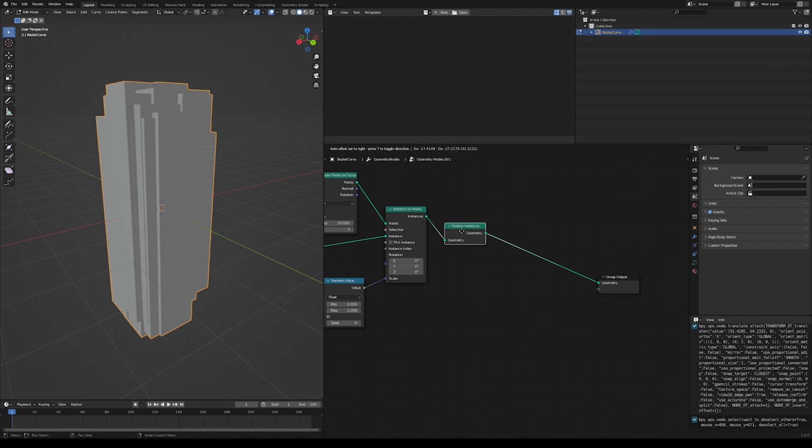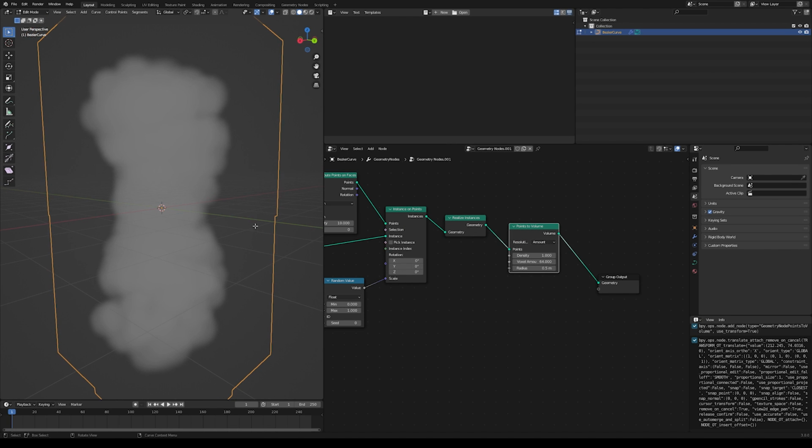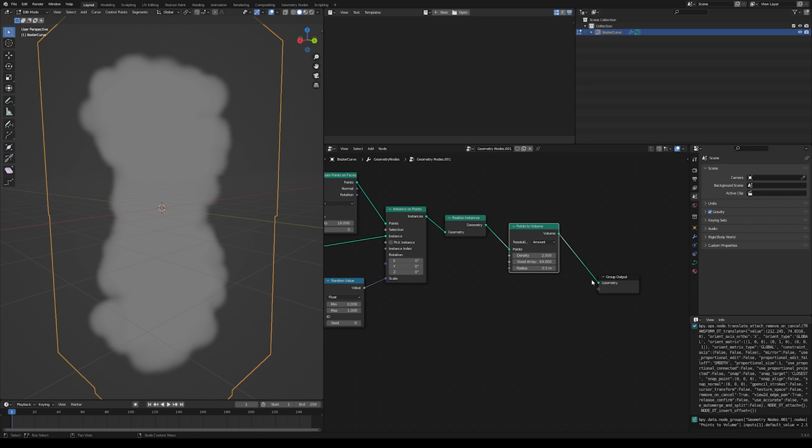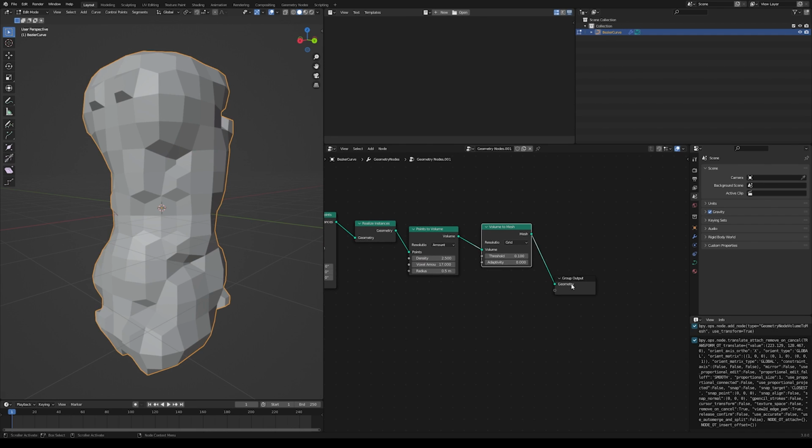and then from here we can create a volume from points, and then you get something like this, and increase the density to 2.5 and decrease the voxel amount to something like 17. Add a volume to mesh node,